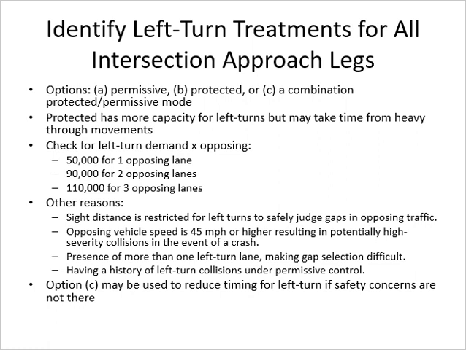That's why it is called protected. Permissive is they will just take the left turn whenever they feel safe. So there is no phase for them, but they can take the left turn when they feel that they have enough gap in the opposing traffic to take the left turn, and you can apply a combination of them. Just one thing to be kept in mind, which is when we say the opposing movement, we will use it again as well. So whenever we say the opposing